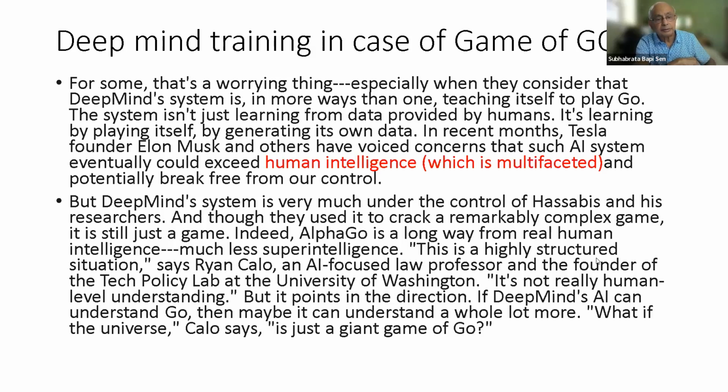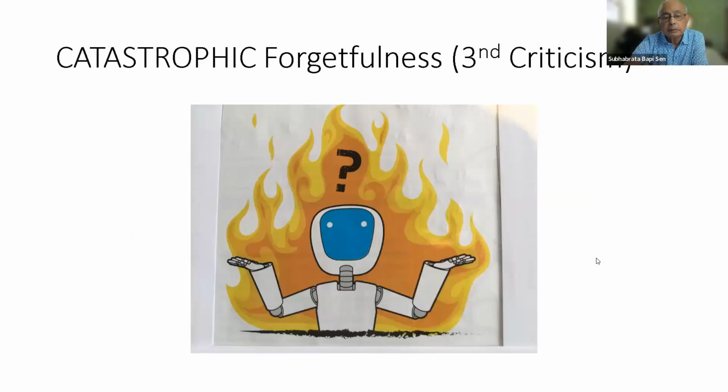The third criticism is catastrophic forgetfulness. What happens in catastrophic forgetfulness is that you train AI to learn something with a neural network, and then all of a sudden, when you train it on something else, it completely forgets what it learned previously. For instance,